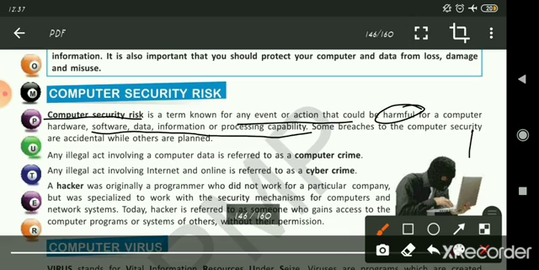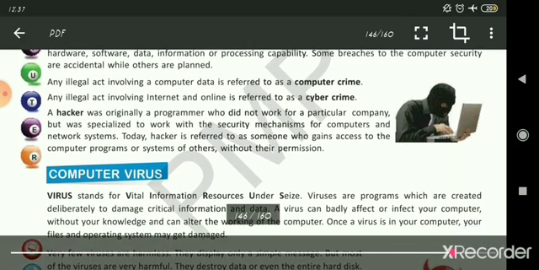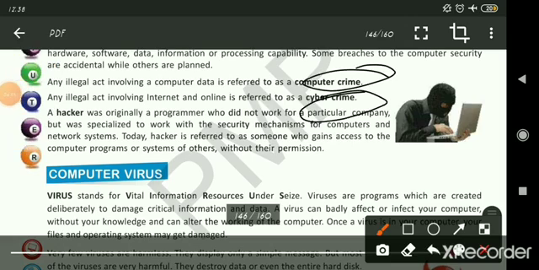If any event or action is harmful, some breaches to the computer security are accidental while others are planned. So these are accidental but can be planned also by others. An illegal act involving a computer data is referred to as computer crime. Remember this, computer crime and cyber crime, two words are there. Any illegal act involving internet and online is referred to as a cyber crime.